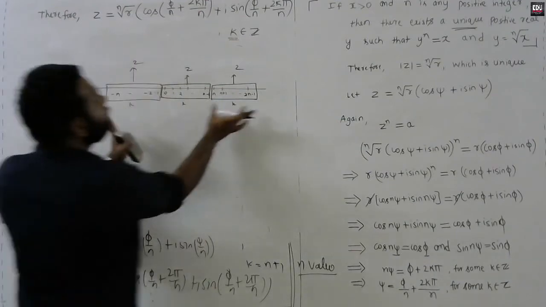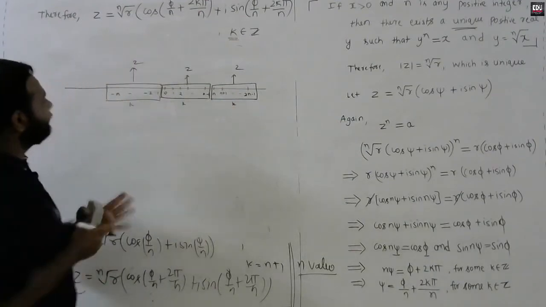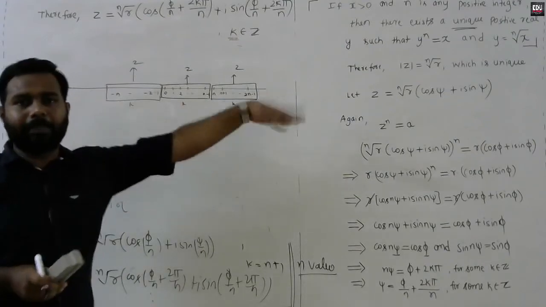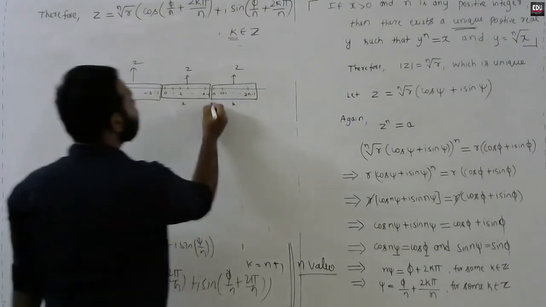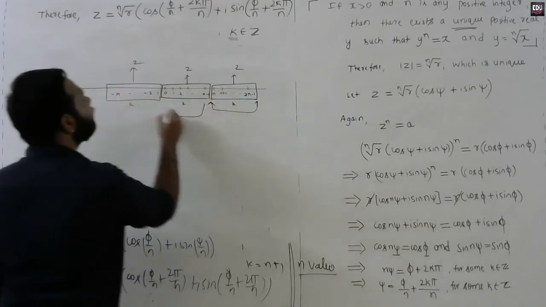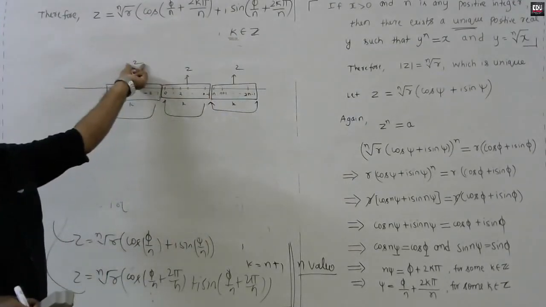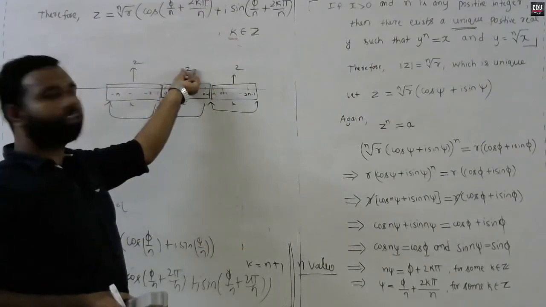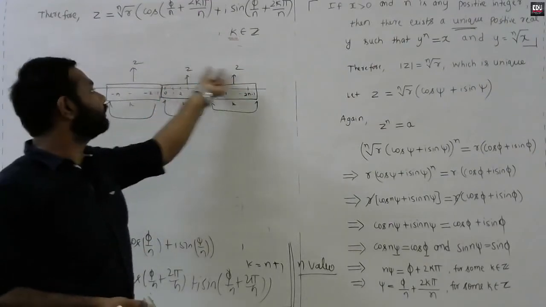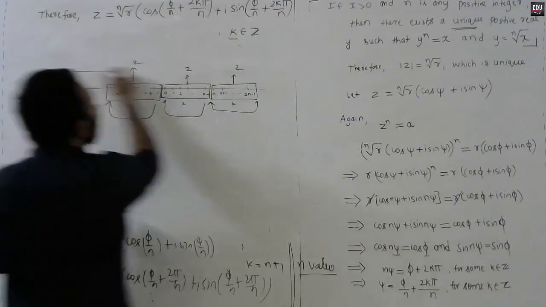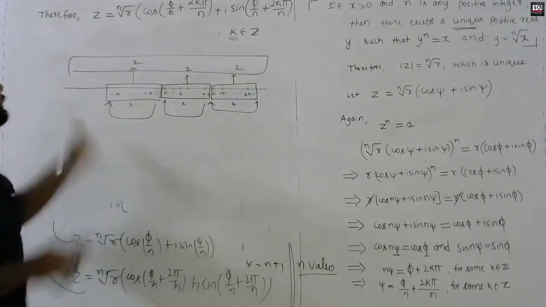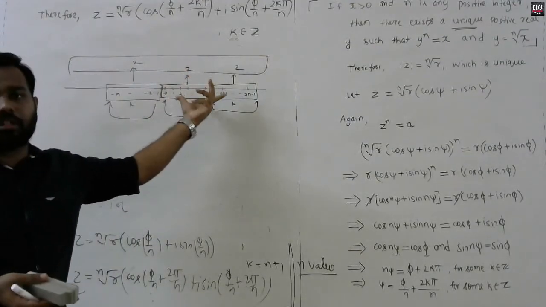So there is a set of n values repeating at regular intervals. It is just like a cycle. For this set, you will get distinct values of z. For this next cycle, you will get the same distinct values of z. So there is no need to consider all the values of z, because that set contains repetitions.